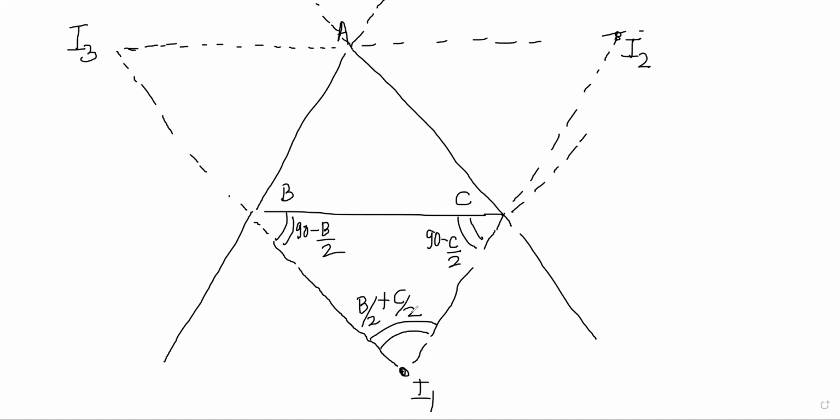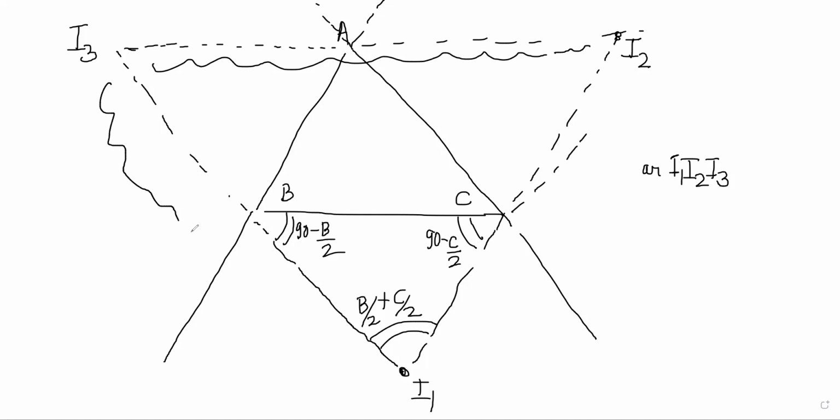Now the ninth one will come, because we know I1 and all. I1 also we know, and I2, I3 also we have proved. So similarly, just prove that they are equal. The 10th one you can now find. You have to find the area of I1, I2, I3. What do we know now? We know one side I2, I3. Similarly, we know I3, I1 the same way, and we know the angle I3, I1, I2 also.